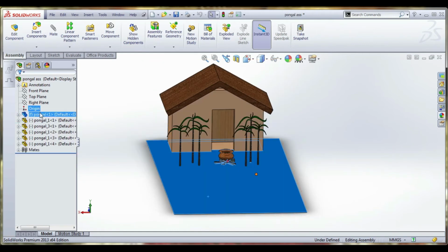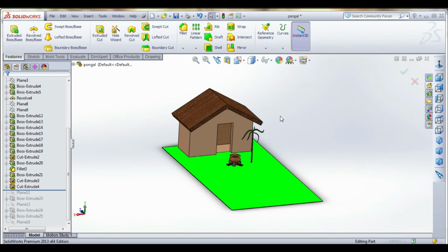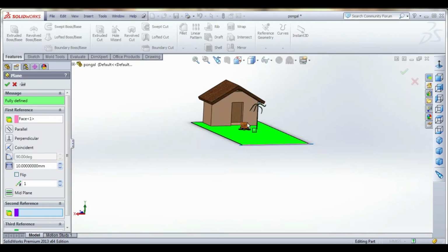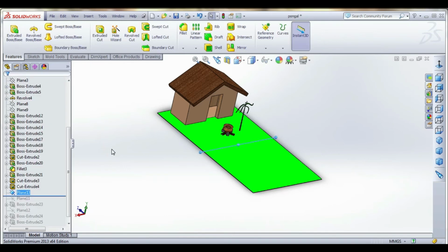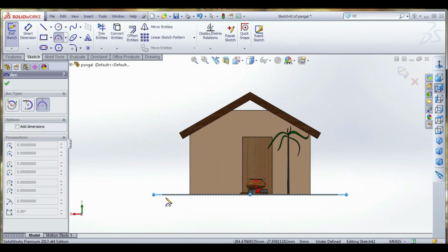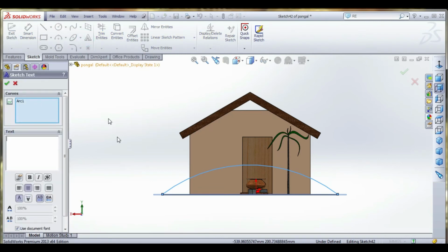I'm going to open the model, create a datum plane and select the surface. The dimension is 500. Okay, change the flip direction. Now select this datum plane. We can create a sketch, draw one 3-point arc. Now select a sketch and